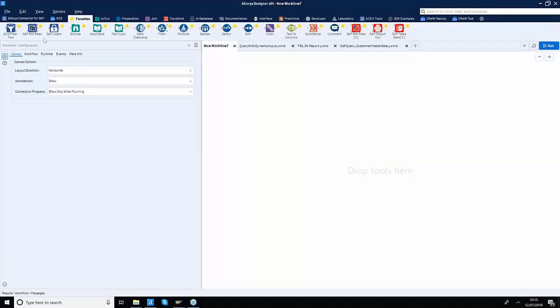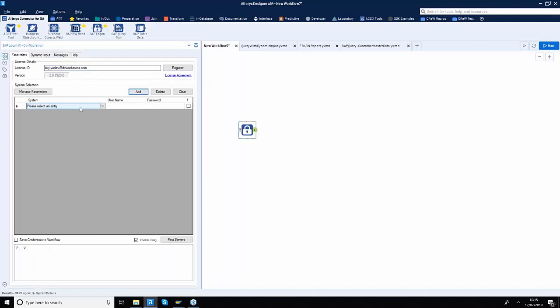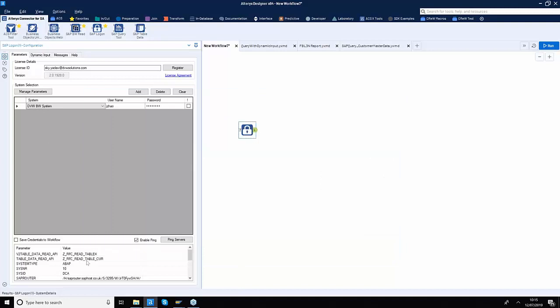Okay, so I will start by going on to this section, Alteryx connector for SAP, and then I'll drag and drop the SAP logon tool to connect to one of my systems that I have previously configured. We can read your SAP system details directly from your SAP logon pad, which is this screen here that you might be aware of. Otherwise, we can manually help you configure these system details. Once I select my system, I enter my username and password if I'm connecting via a username and password based system. Otherwise, we can also deal with single sign-ons. As you can see, that ping servers gave me a successful message.